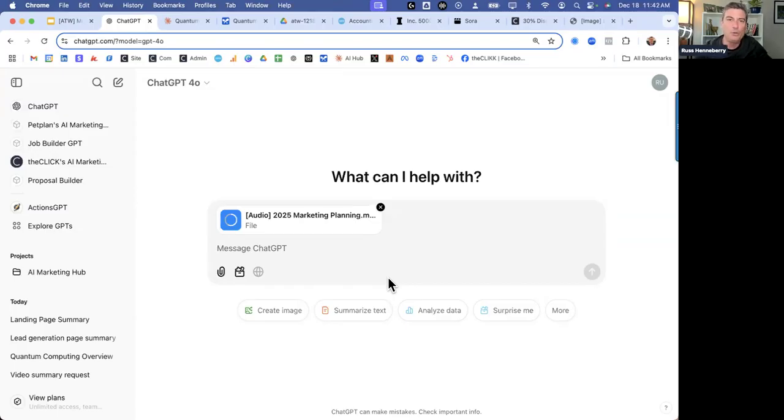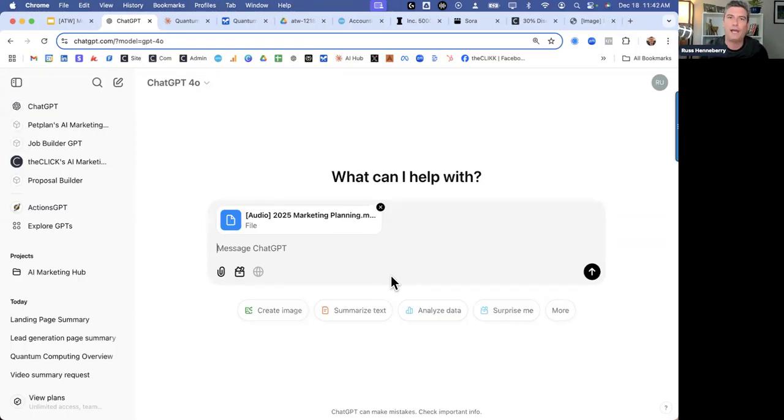Now, one thing I could do with this audio is I could just send it into Otter or Rev or something and have it transcribed in the same way I did with the transcription, and it would then have the audio, essentially.